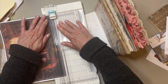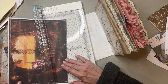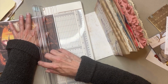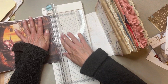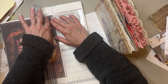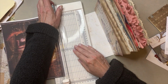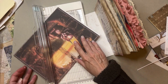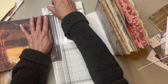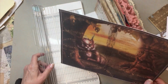How is everyone today? I hope you're doing well. I hope you're having a good crafty day. I hope you're playing along or relaxing. Maybe you've got a nice warm beverage of some type, or maybe it's a cool beverage. Maybe it's really warm where you are and you're just enjoying the warm weather with a nice cool beverage. What is your favorite beverage? Go ahead and throw it in the comments and let me know. What is my favorite beverage? You know, I'm a coffee drinker, so obviously coffee. I like cold brew, especially when the warmer weather comes. Other than that, I drink mostly water. I know it's really boring, right? But I drink a lot of water, and so,